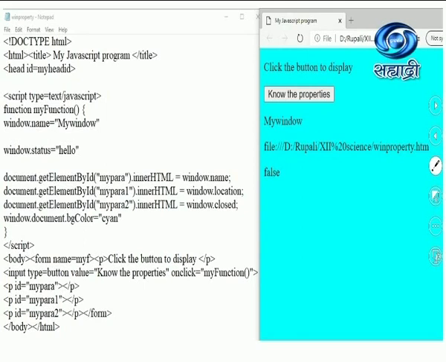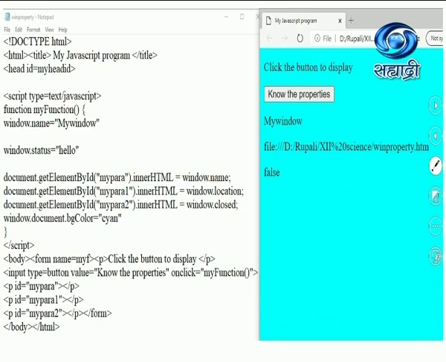These are the window object properties. Here I have mentioned window.name, window.location and window.closed. When I specify window.name, here I got the name of the window as myWindow because I have specified it as myWindow. I have given status equal to hello. Students, do remember that status is not supported by many of the latest browsers. So you may not get the status over here, but you can specify it, and if you want to display this status, you can display it by using old browsers. So students, you can change the status by using the window.status property of the window object.